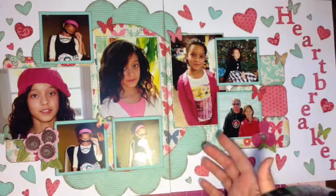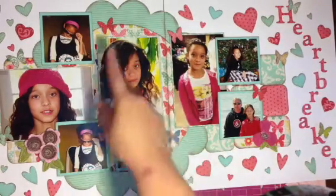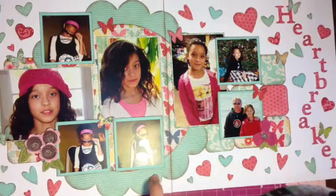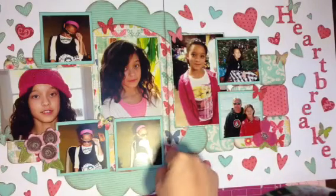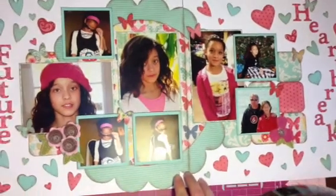Then I realized that I didn't have a circle, so I took a plate that she had at her camper, and I traced the butterfly one. This line actually is Beautiful Life, I think is what it's called. It's one of the new lines right now, and I absolutely love the colors. So I inked that, and then I used her Cricut, and